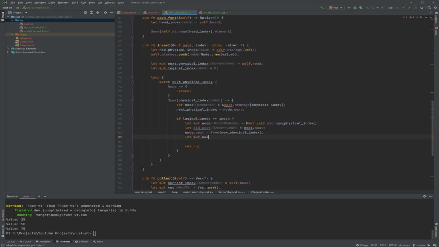we need to get the new node, the one that we're inserting, and obviously want to have it as a mutable reference, with the new physical index. And then that new node's previous will be this node, which will be some physical index, which is this node's actual physical address. And now we can